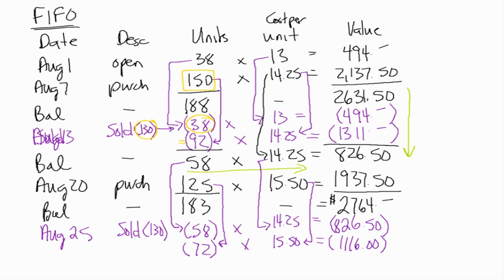All right, so what's next? Well, nothing. So what am I going to do? Well, I'm going to do a balance because I'm at the end of the period. Nothing here. 183 minus 130 means 53 units. That 53 units, well, we know the 58 is all gone, so the 53 units are coming out of the $15.50